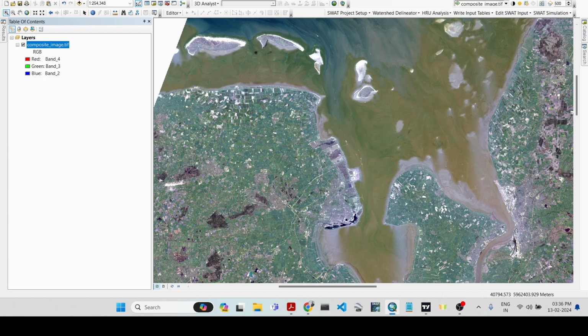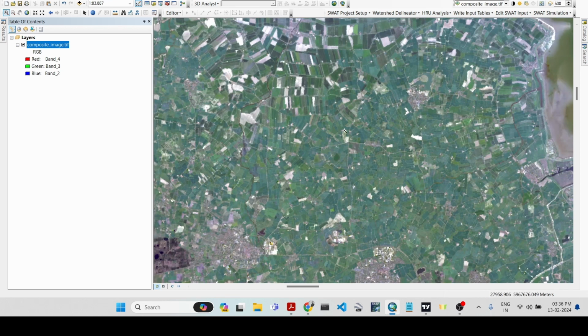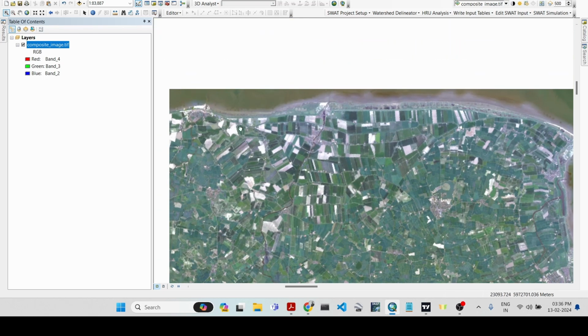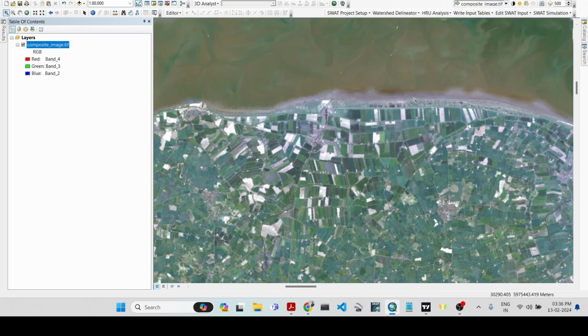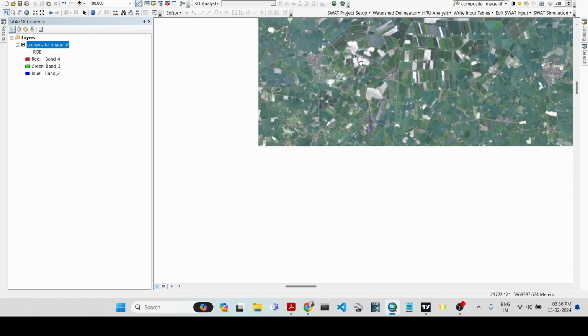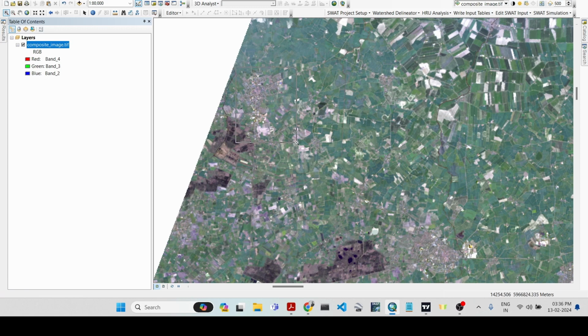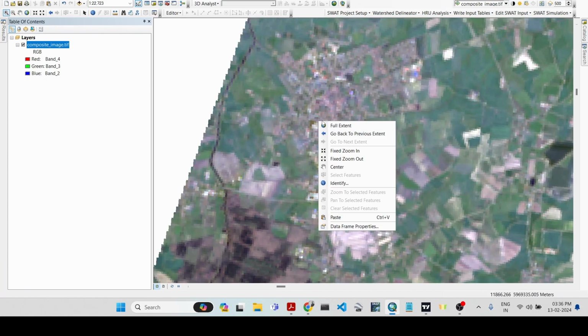This band combination provides the most water penetration and superior sediment and bathymetric information as well. It is also used for urban studies. So if I zoom in on this particular region, you can see some fields are green, dark green, then light green, some fields are white, and this is the shoreline, which is white in nature, and this is the settlement here, urban population, you can see,